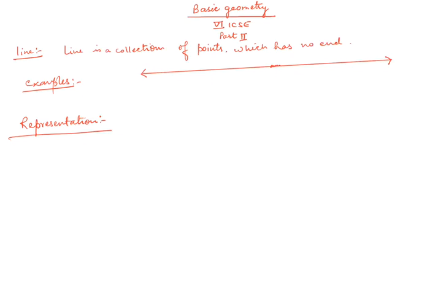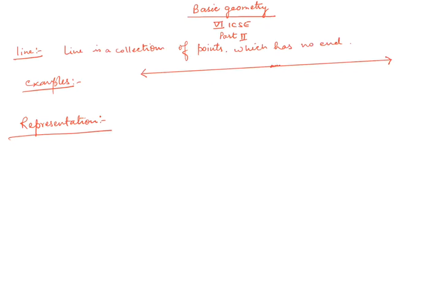You can see the edge of a pencil, the edge of the door, and a lot of things. Edge of the paper sheet you can see. In schools you can see your desk, the edge of your desk. These all are examples of line. But whatever examples I am giving you, those examples are part of a line only, because a line has no end.